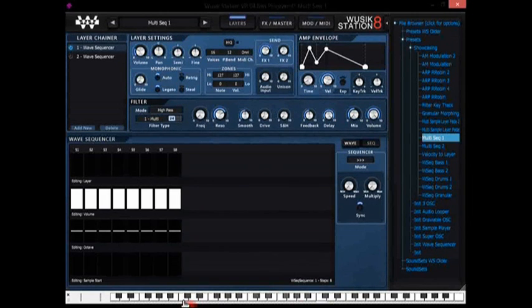So this way I can create much more complex sounds, because the wave sequencer now is polyphonic, and